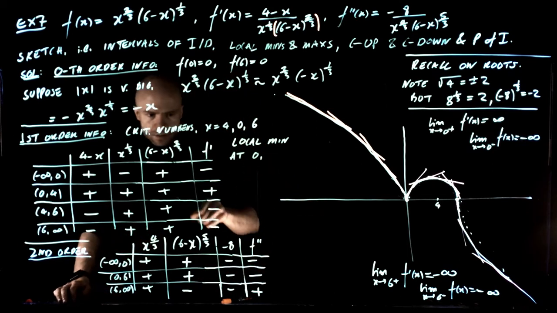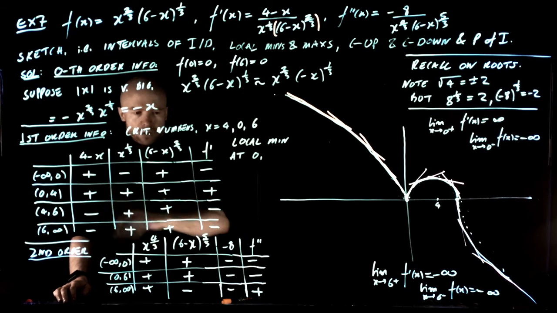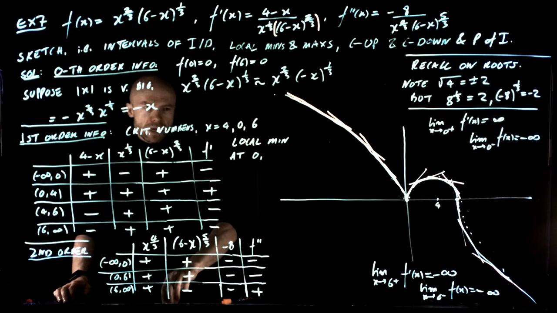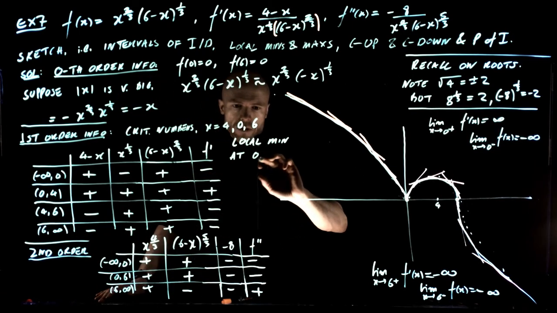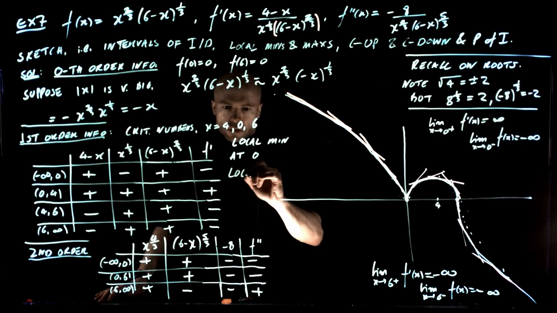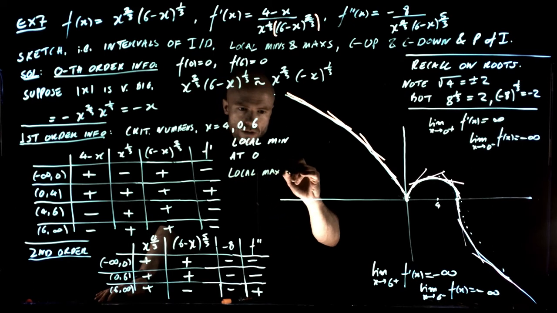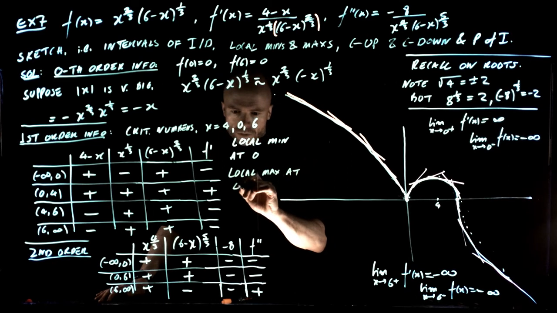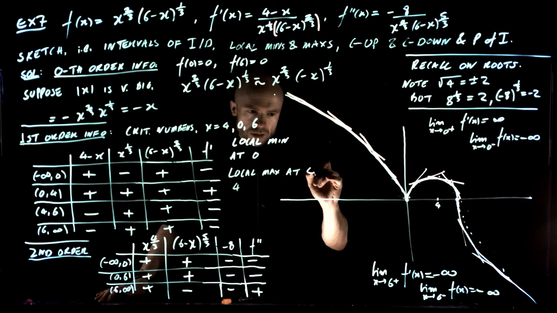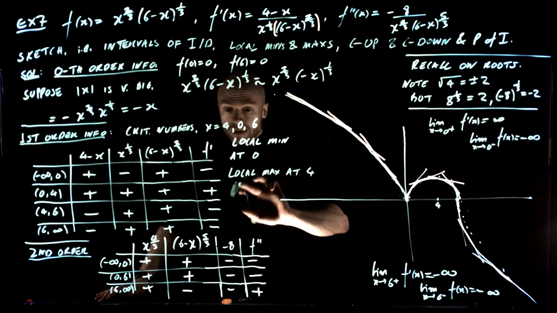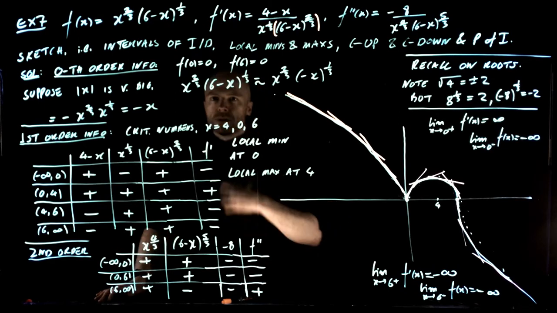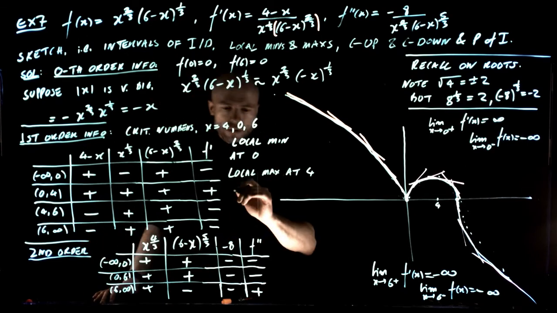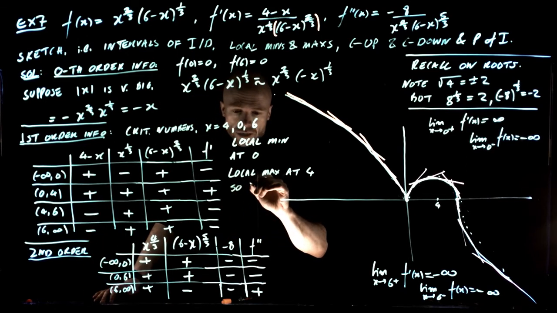And we have another thing happening at 4 where we go from positive to negative, positive to negative. So that's the local max at 4. But notice I'm saying at 4. I'm not saying what the local max is. The local max is the value when we stick 4 into this function f. So local max is,